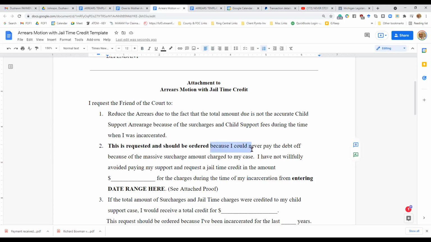Here it is. Because I can never pay off the debt of the massive surcharge amounts that were charged to my case, and I have not willingly avoided paying my support, I request a jail time credit in the amount. And you can tell them the amount right here. That's why you got to get that payment history. If you get that payment history, then you'll know exactly why they should give you a credit in